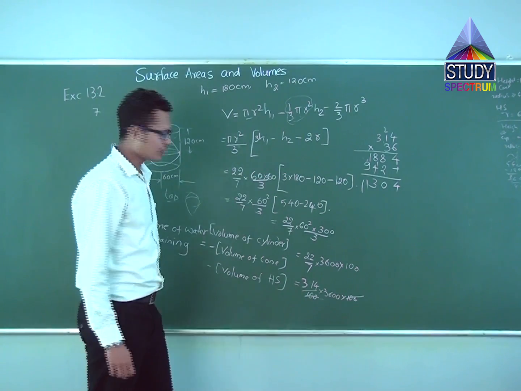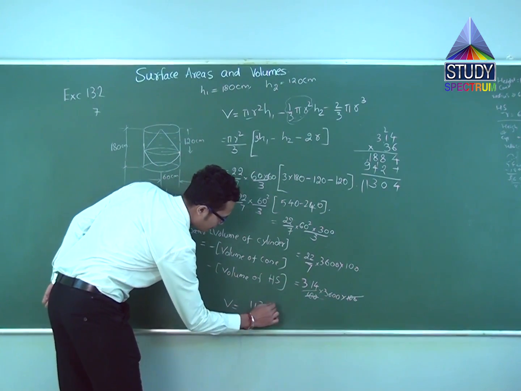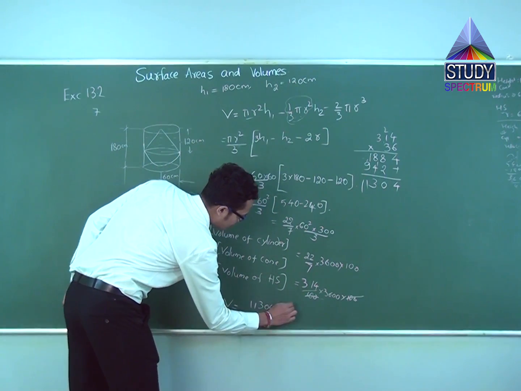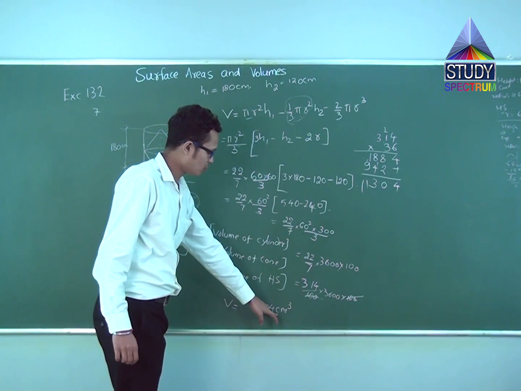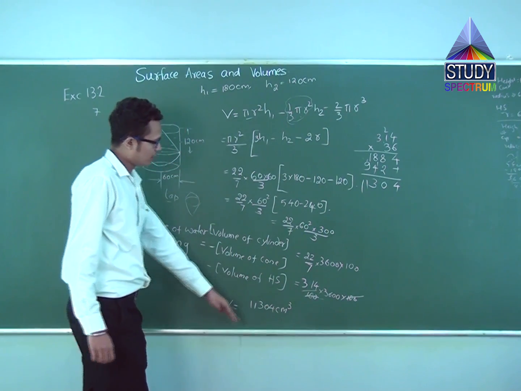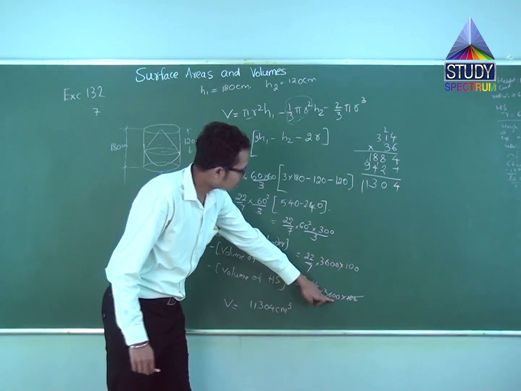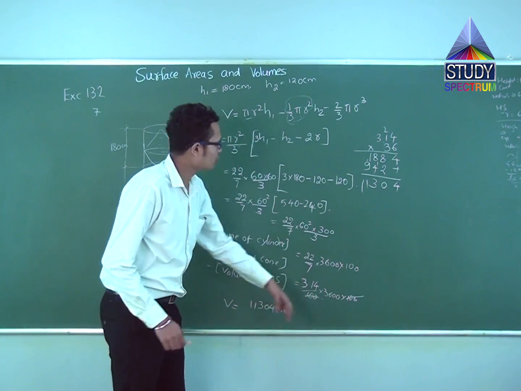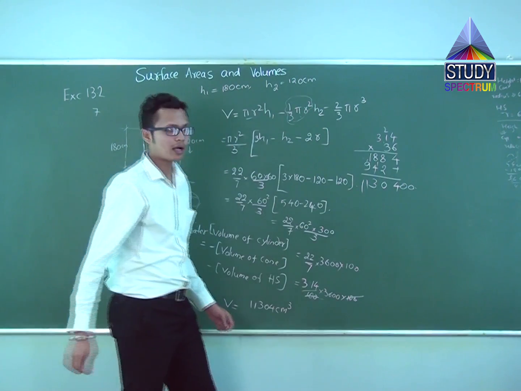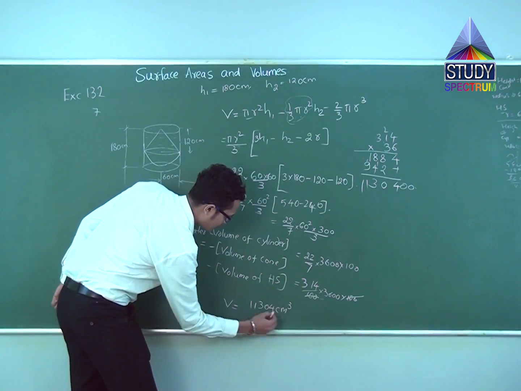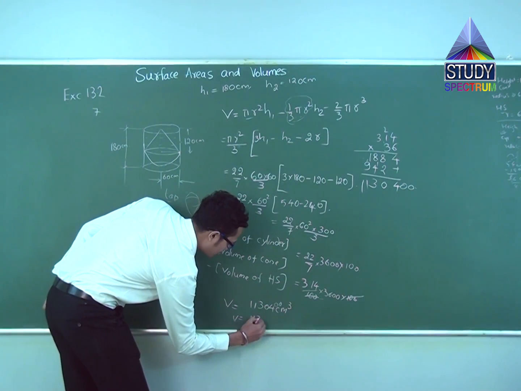So the volume will also be equal to 11,304 centimeter cube. Since 1 centimeter is equal to 10 raised to minus 2 meters, either you can convert this into meters cube or you can just keep it here. Another thing, we have 2 zeros here. We have left it out, because it is as good as multiplying by 100. So volume is equal to 11,304